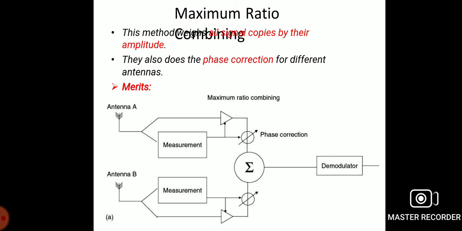In the output, the signal of the maximal ratio combiner will be such that the sum of the individual signal to noise ratio values will be equal to the signal to noise ratio of the output signal. The advantages of this technique: the maximal ratio combiner generates an acceptable signal to noise value, it has high accuracy, and it produces better reduction of fading.